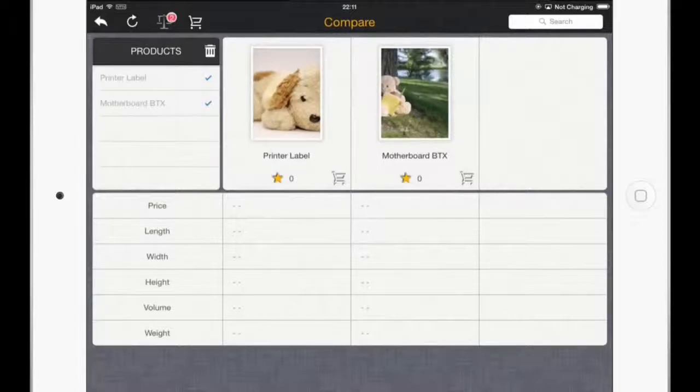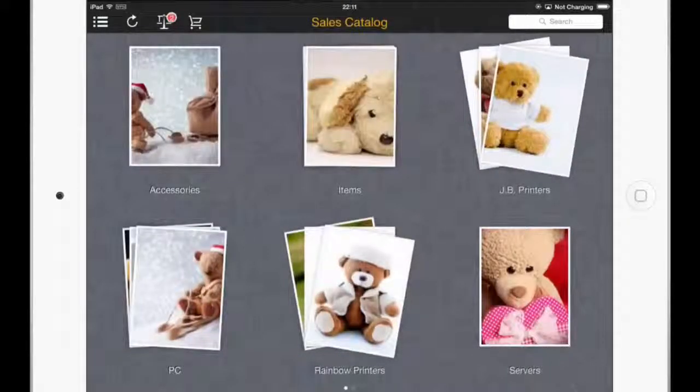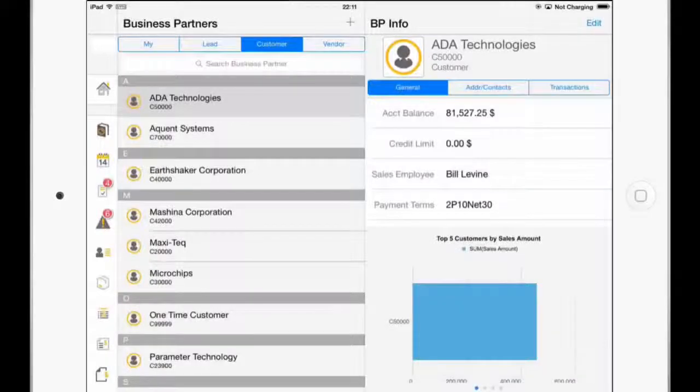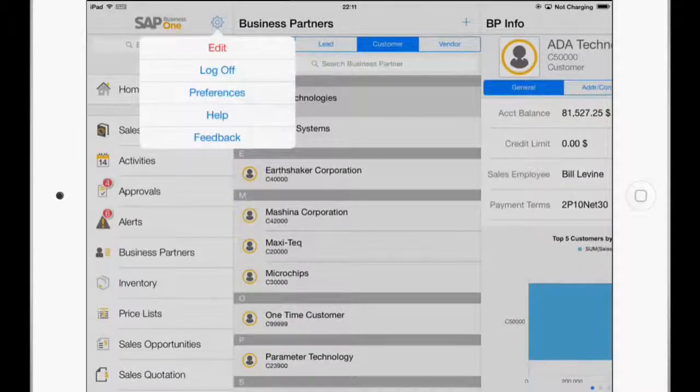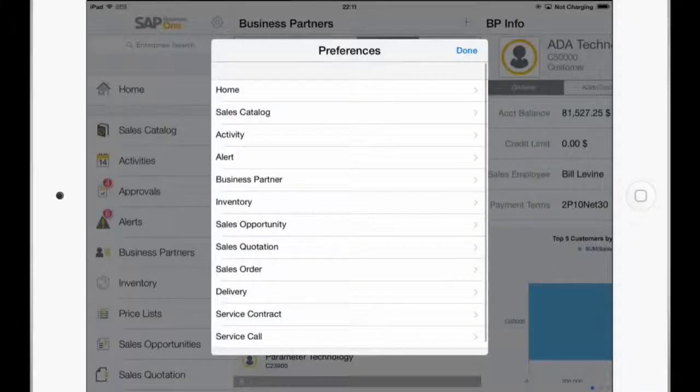So in addition to price, and if you want to change the available fields here, you just go back to the module view, and then you go also on top of the module to the gear icon and go to preferences and then to the sales catalog,